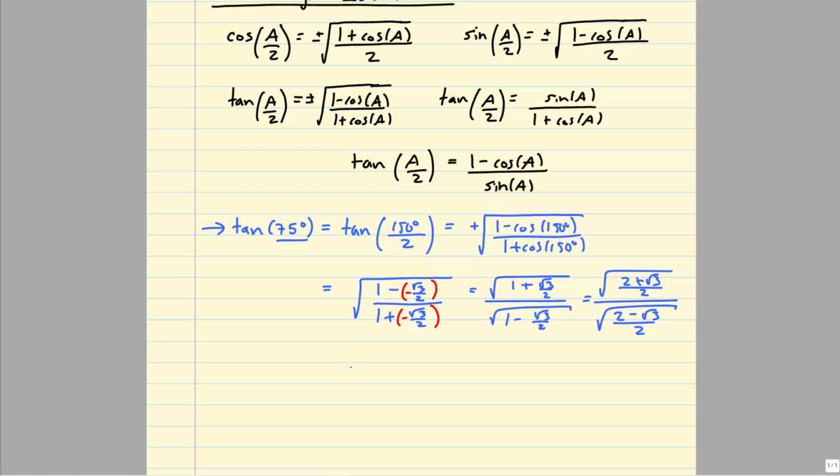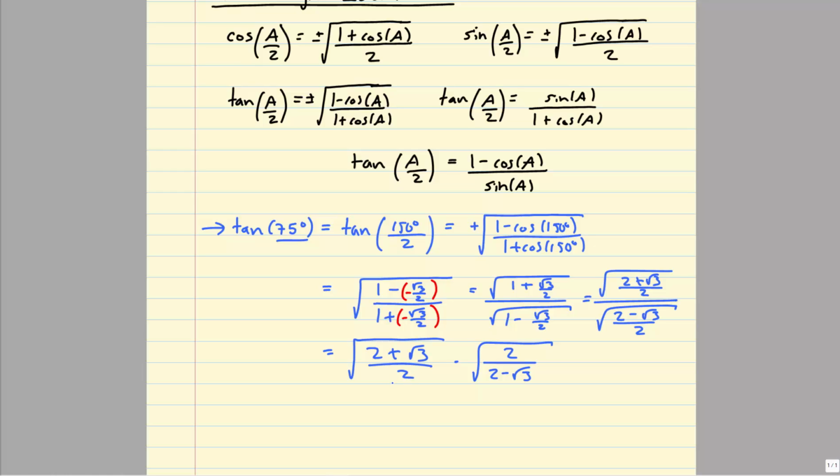Okay, rewriting again. When you divide by a fraction, you're actually multiplying by the reciprocal. So I'd have 2 plus the square root of 3 over 2 times, and then I would flip this. This would be 2 over 2 minus root 3. So from here,